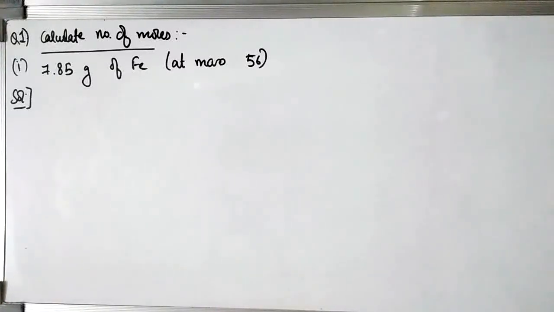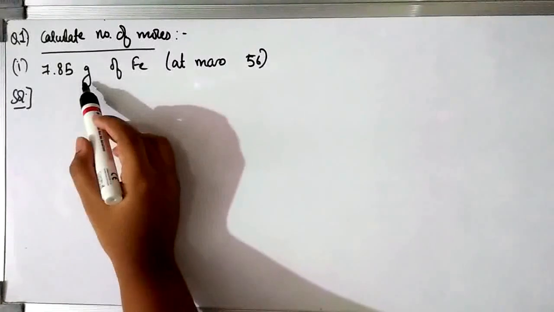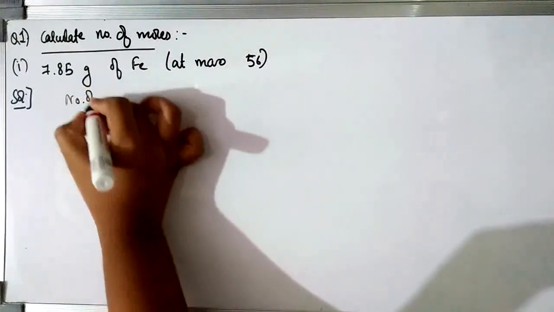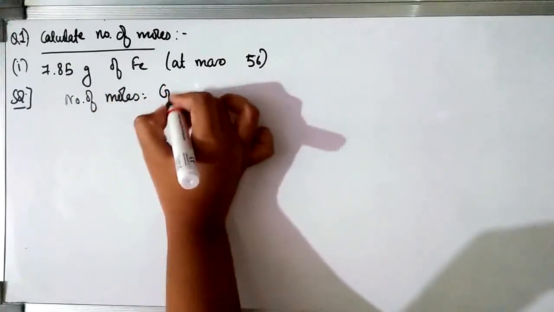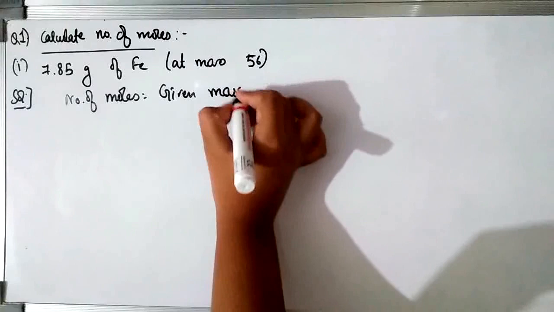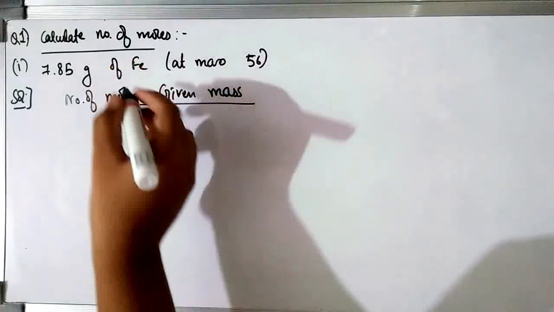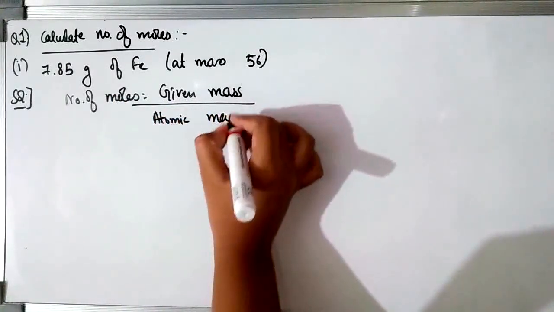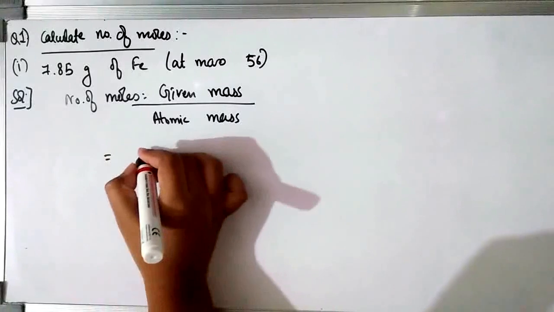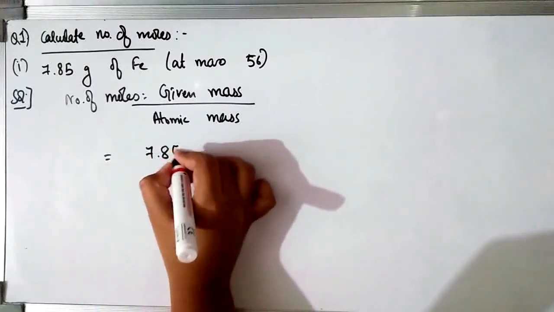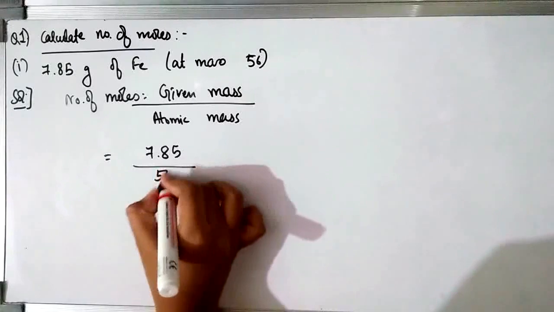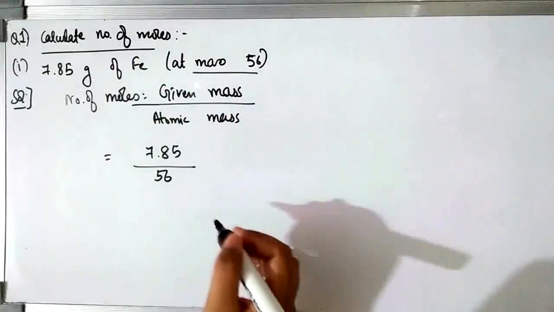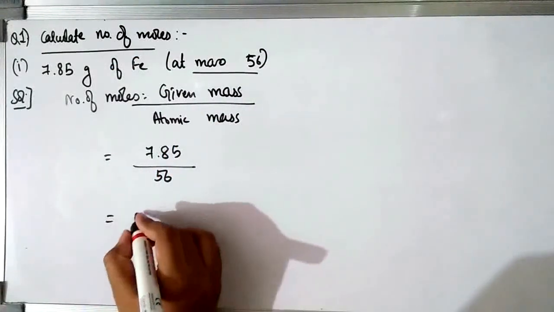Now let's see the first question. Here they have given us the mass and we need to find the number of moles. The formula is very simple, as we just discussed: number of moles is equal to given mass upon the molecular mass, but since we have an atom over here, we are going to write the atomic mass. So the number of moles will be 7.85 grams upon 56, because 56 grams is the atomic mass of iron. On further solving, what you get is around